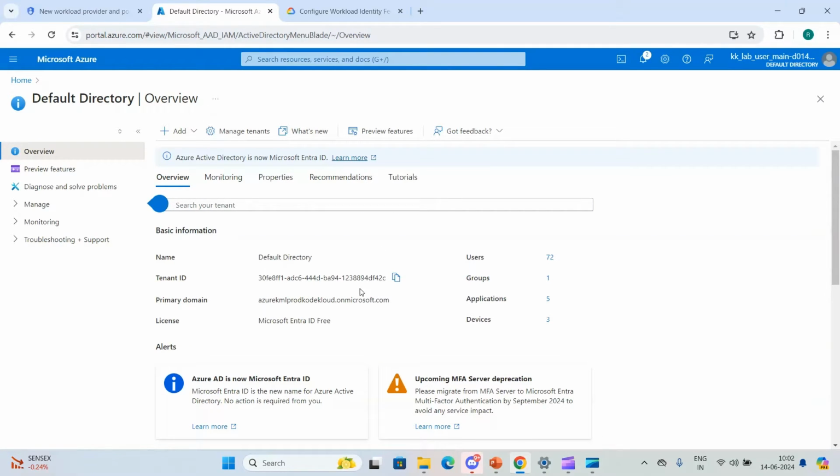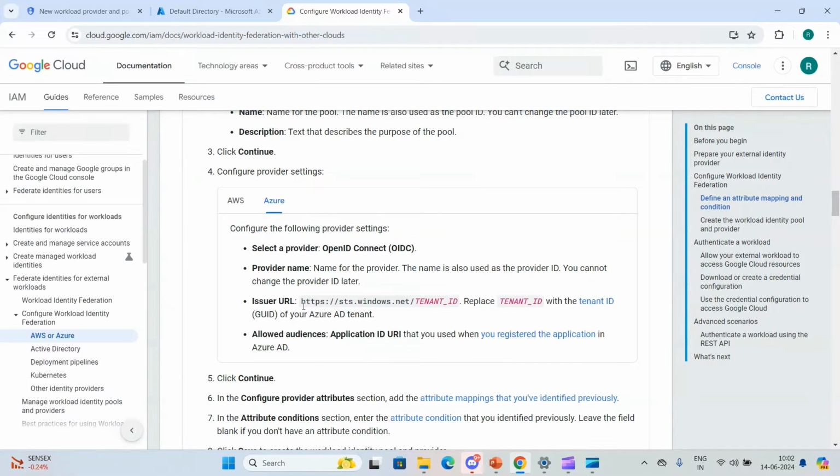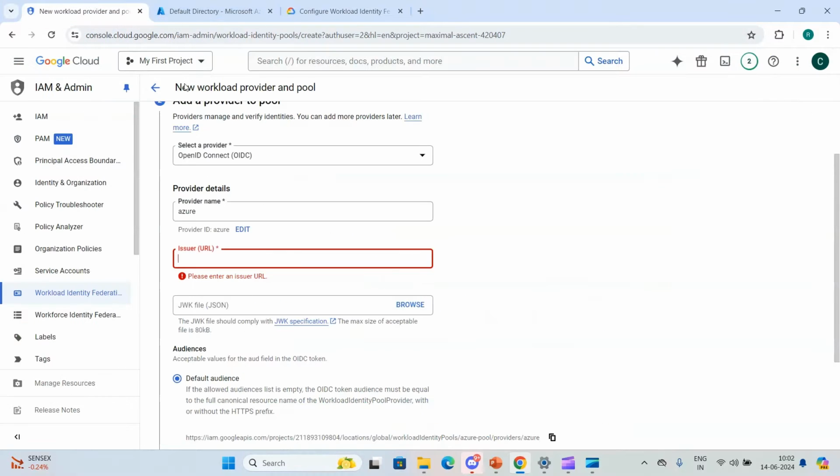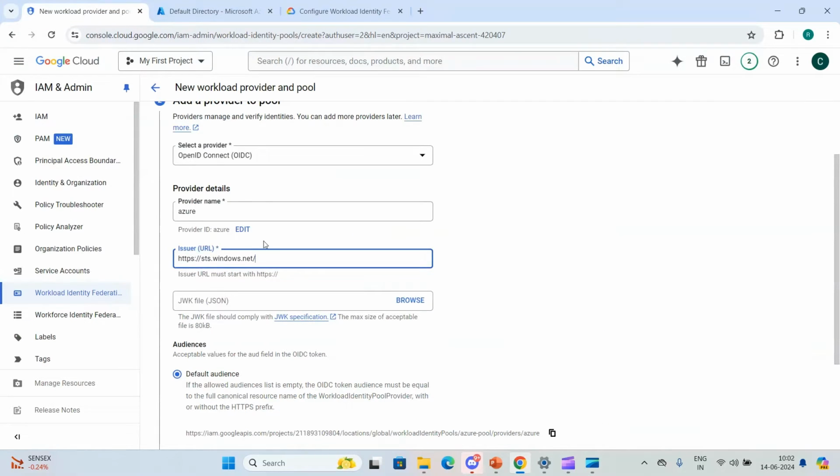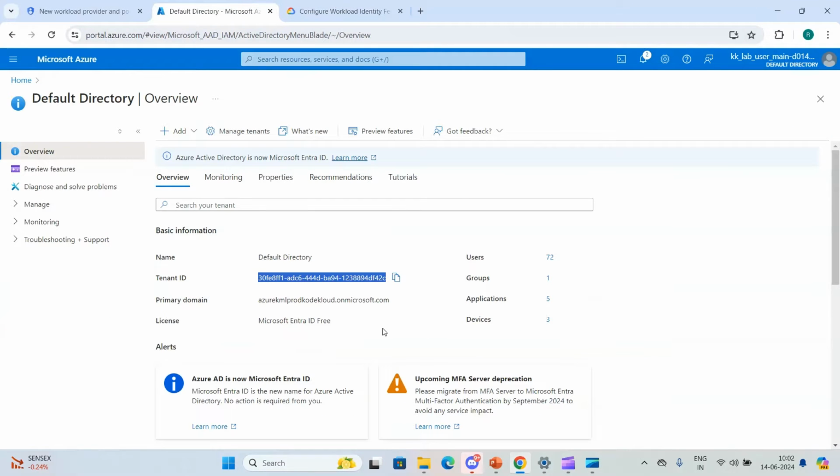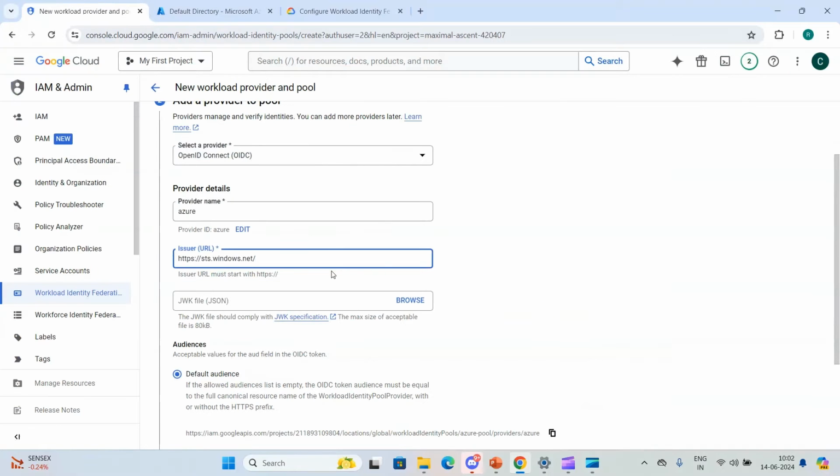If you go to default directory, here is my tenant ID. Just copy this information, and provide the tenant ID in the issuer URL. We will copy this and just done.